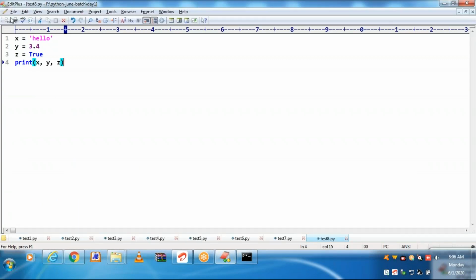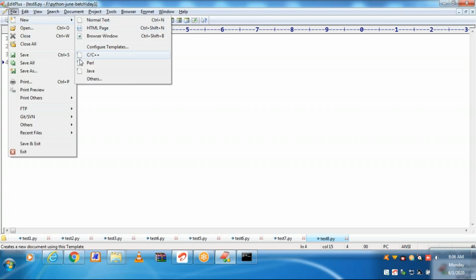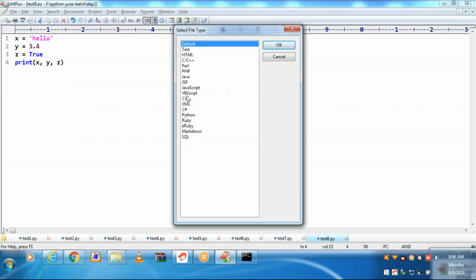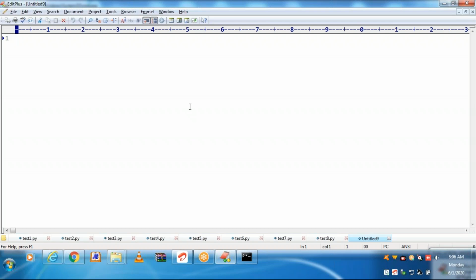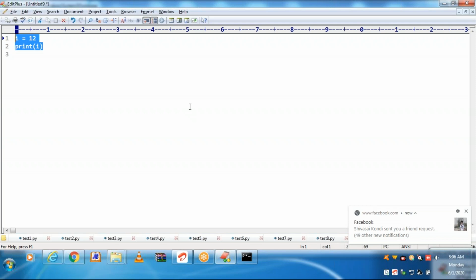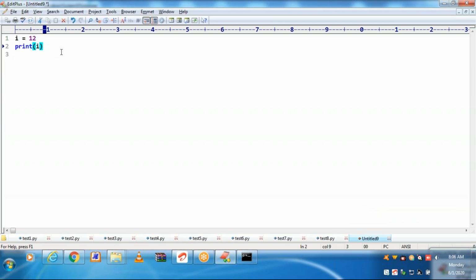Let us see another one. Python. Initially an int variable, print a file. I'm selecting both the lines. Then Control J. Both the lines are reproduced.